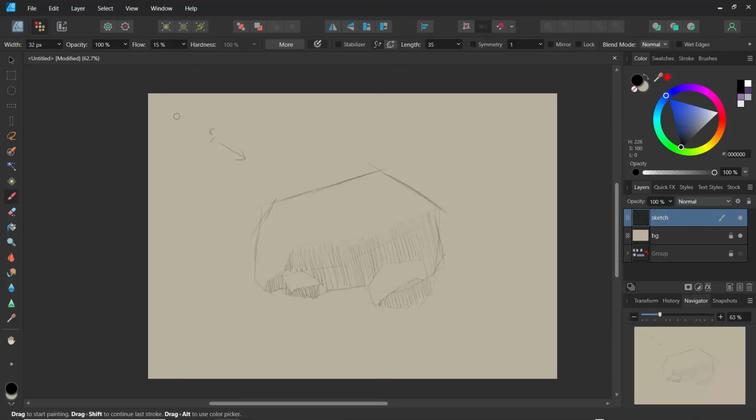Now the flow is set to 15, and what that means is it's going to take 15% of your pressure to apply the intensity to make the color reach 100%. So what I mean is, if I just do this and keep applying pressure, we can see this is our highest, and it took a little while to get there, right? We didn't just have an abrupt change in that color. If we change this to say about 40%, you can easily get to a darker color. So I'll just set the flow back to about, let's say 17%,